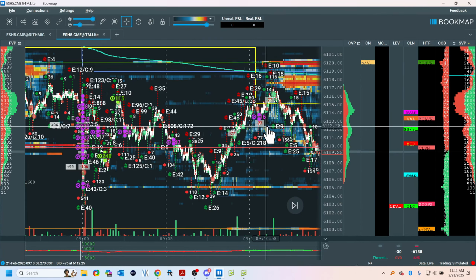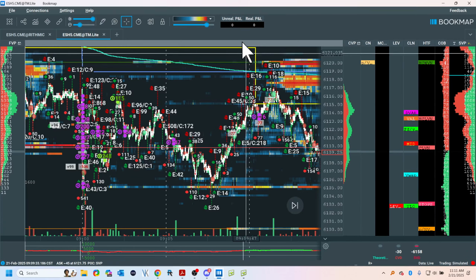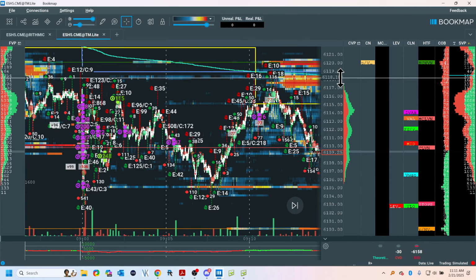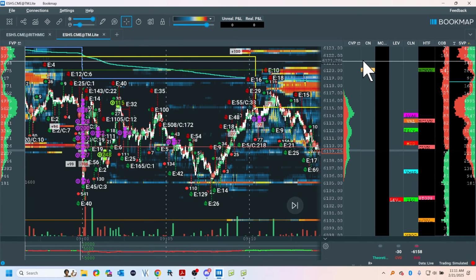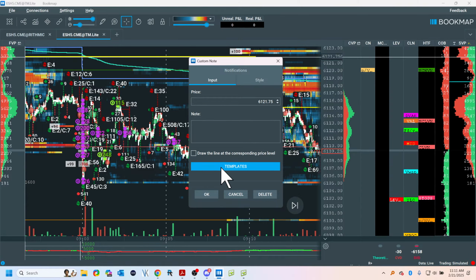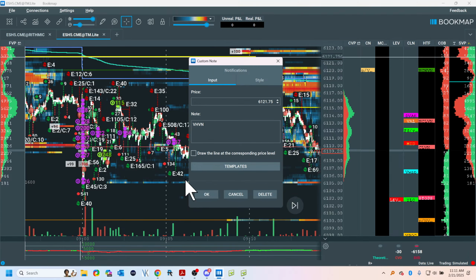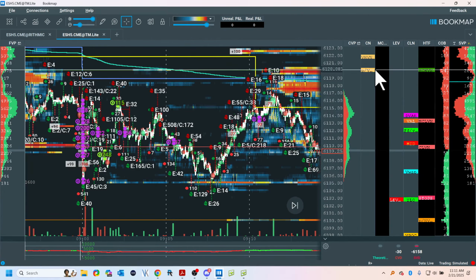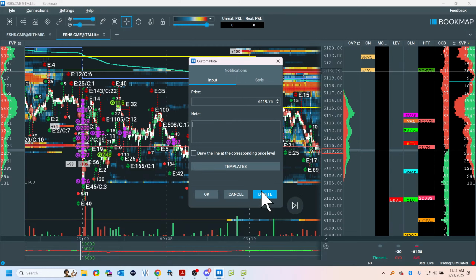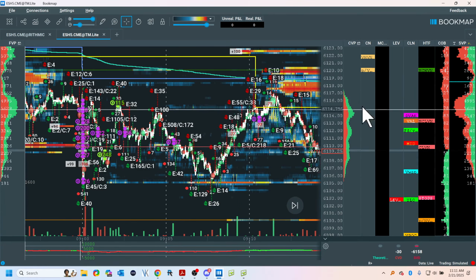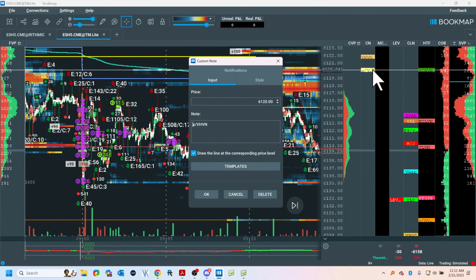But let's come back here. This is more structured. When you get VPOC migration, I got to label this. I label these because we can come back and check them. And if we do, we can trade with them if it's in alignment. Let's see what's happening. I'm going to get this out of here because it's no longer relevant. Whoop, that's not what I wanted to do. Let me try to get, well, seems like a lot of work, doesn't it?